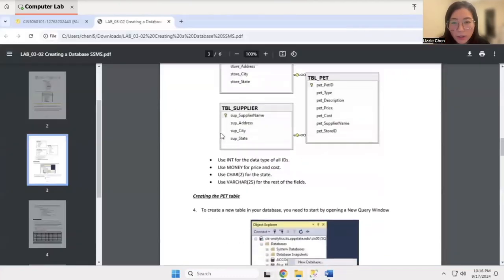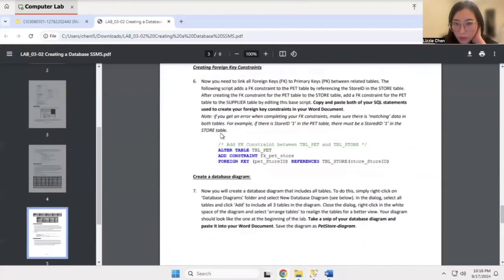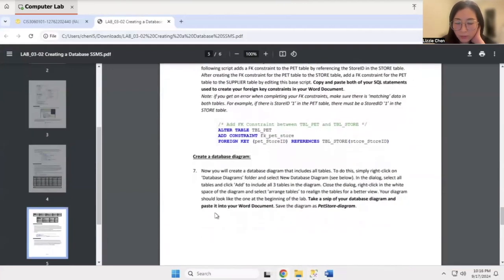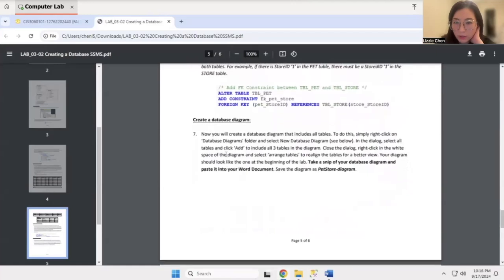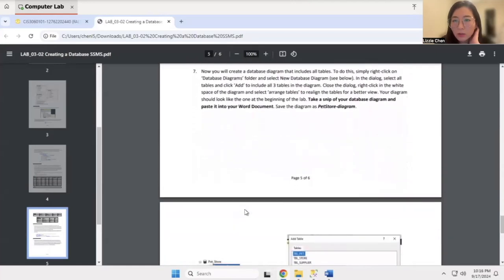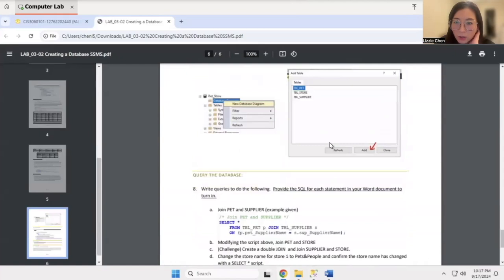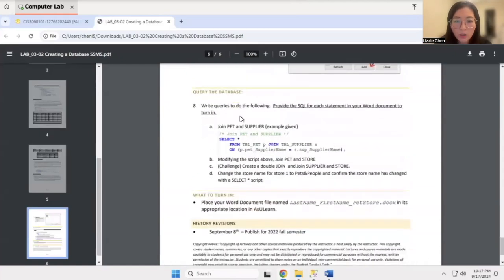Okay, now we already have this database diagram, which is required from step 7. We create a database diagram. And now, read it carefully, you have to save the diagram as a PET store diagram. And now let's work on the last part, which is step 8. For step 8, what we're gonna do is we're gonna provide the SQL and use some query to access